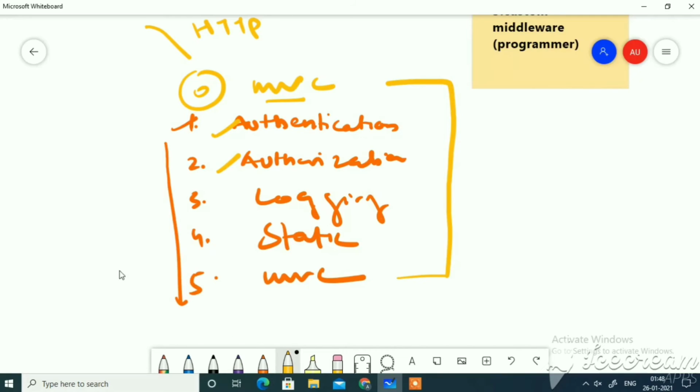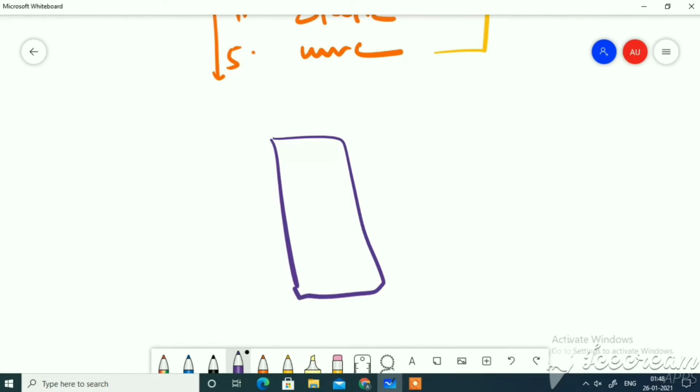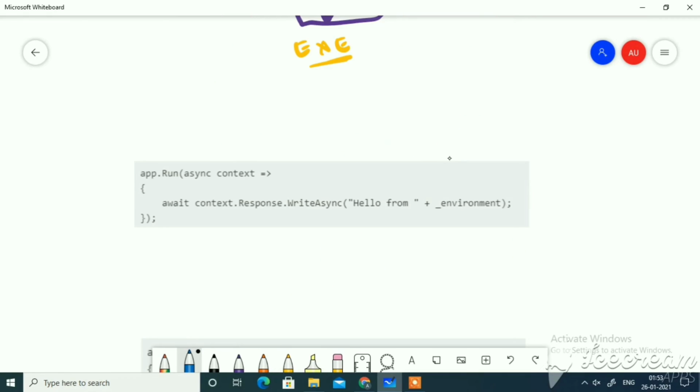Now the third thing: whenever a request arrives at a middleware, let's say a request is coming to my middleware, it is up to the middleware what it wants to do. For example, it can execute certain code against the request, or it can bounce back or return the request to the caller, or it can pass the request to the next middleware in the queue. So it can perform these three things. There are a few methods with the help of which we can define our middlewares.